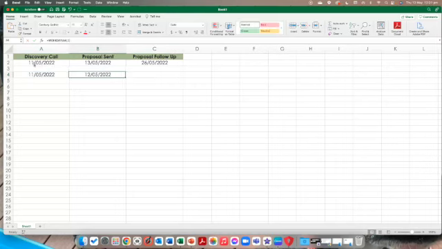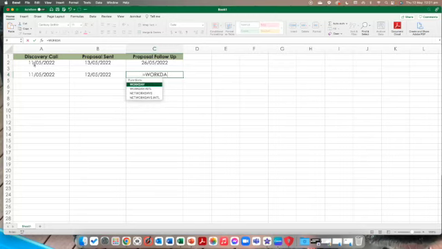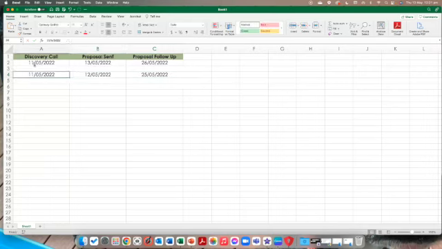Okay, so that's then the 12th. And then the proposal is definitely 10 business days from the call. So we would go equals WORKDAY, comma, this one, because we're basing this one also on that, and then 10. Okay, so again, each of these 2 cells will update subject to me changing this